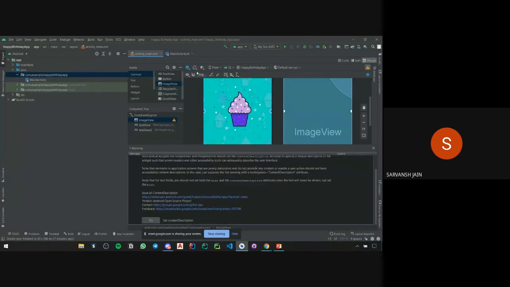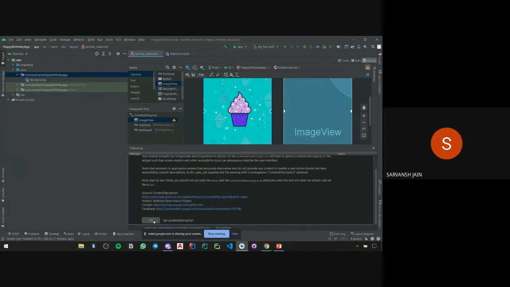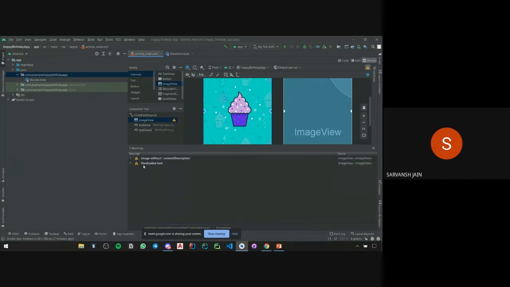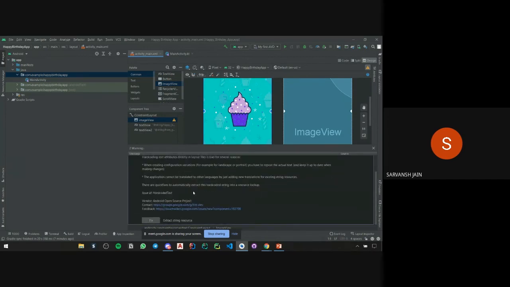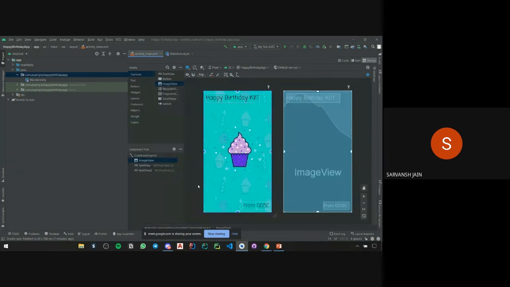But since the image is just a background, it's of no use for us to describe it. So just click on fix. Then one more pop-up would come. I am not giving it no description, I'm just giving it a random text. The random description is done, and now the warning is gone.